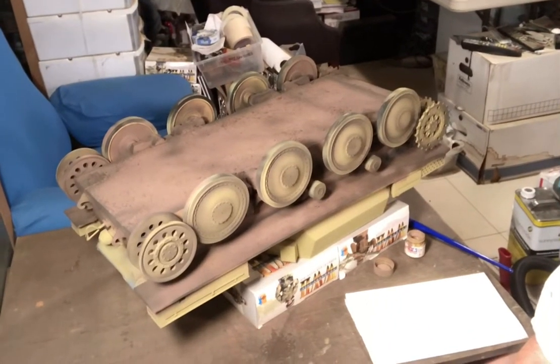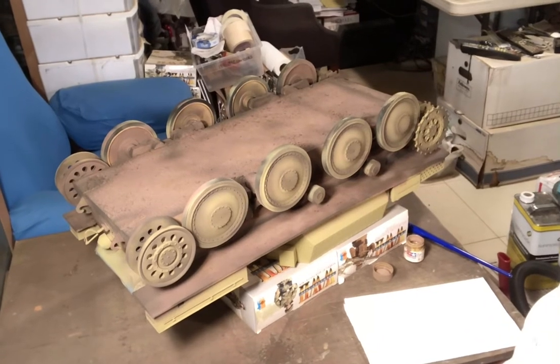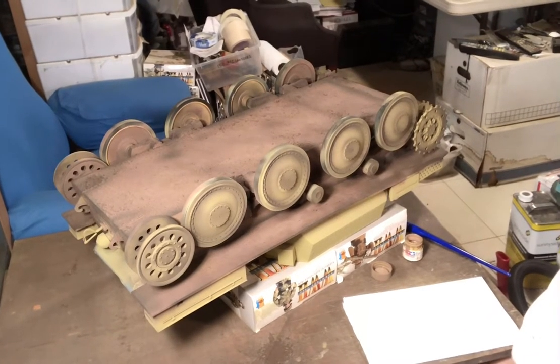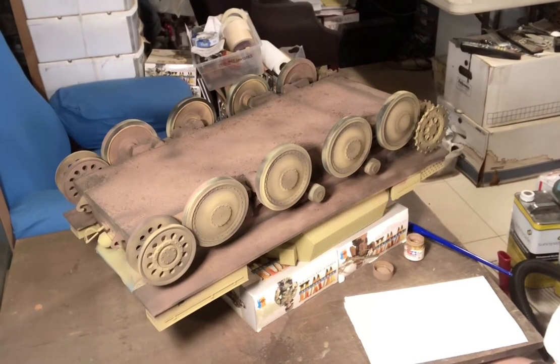Okay, I'm trying to do some tutorial videos here. Everybody always asks me what I do to my vehicles. I'll basically do about the same thing, starting underneath. On this one, this is a